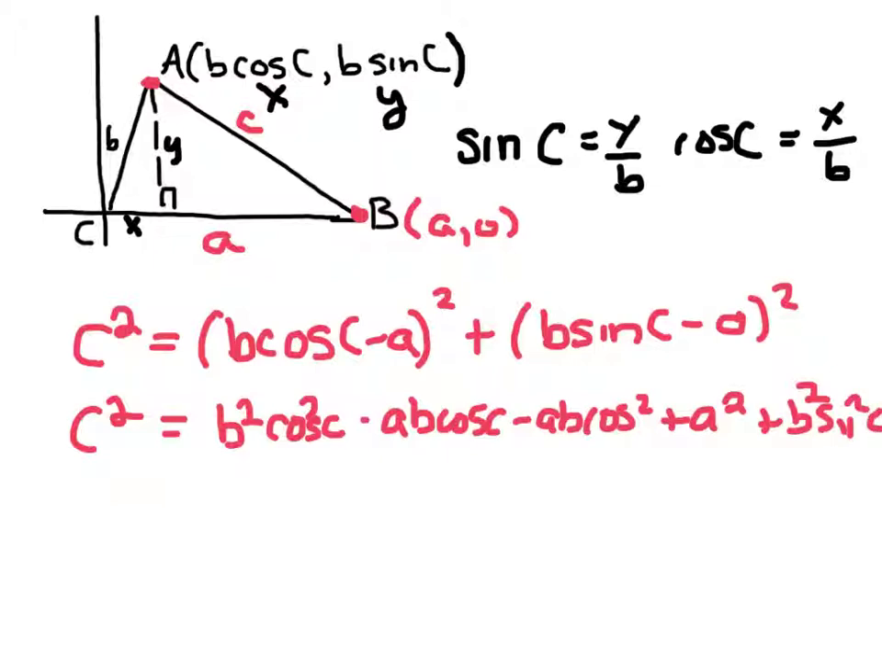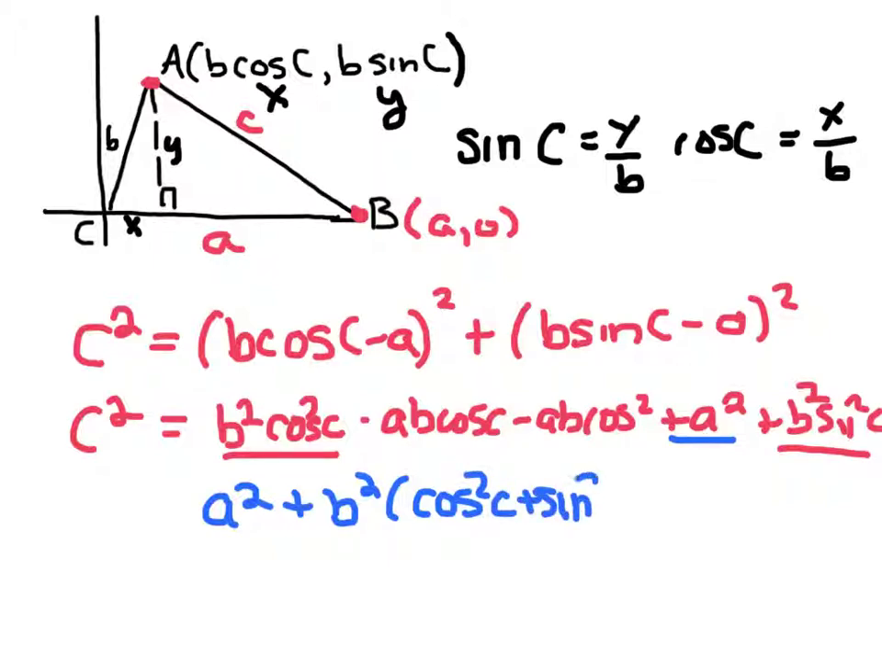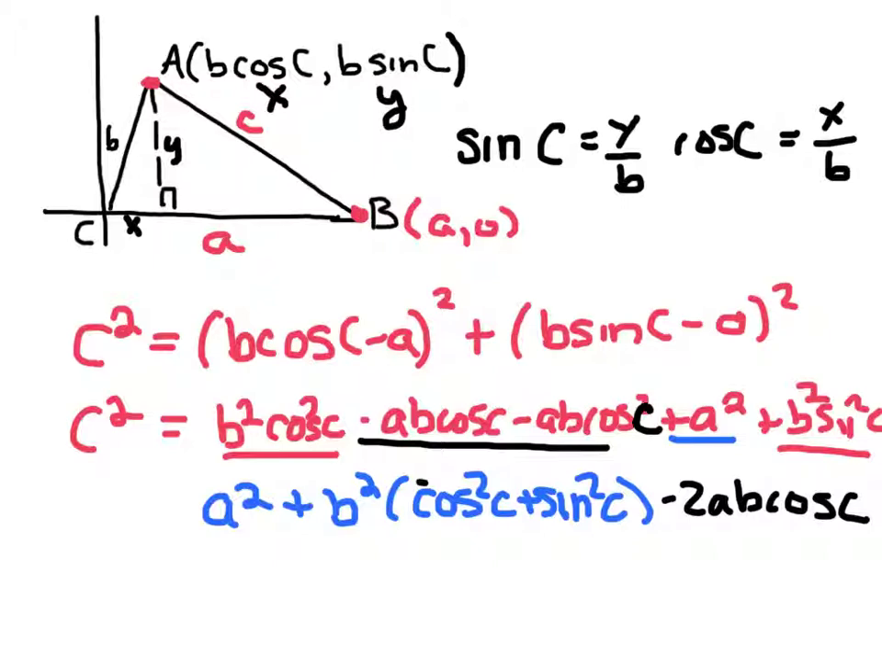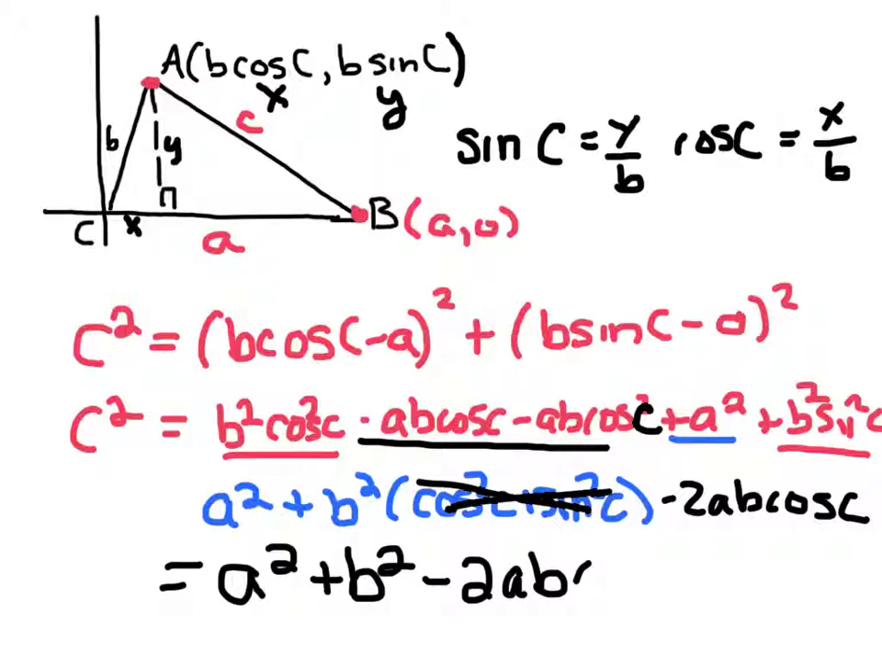And then if I were to factor out the b squared that's right here, and I'm going to take the a squared and move it to the front, a squared plus b squared times cosine squared C plus sine squared C, and then I take these two pieces and combine them into minus 2ab cosine C, and then we know that this Pythagorean identity cancels to 1. I end up with a general formula, c squared equals a squared plus b squared minus 2ab cosine C,